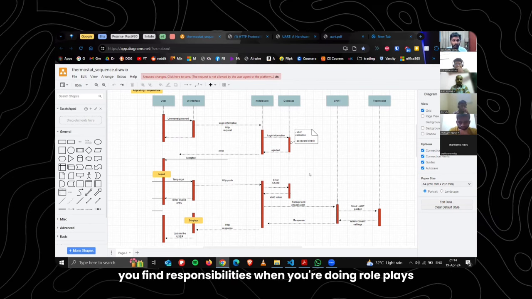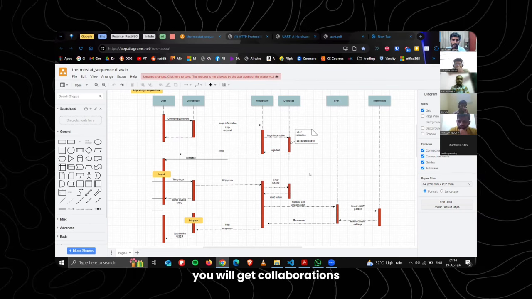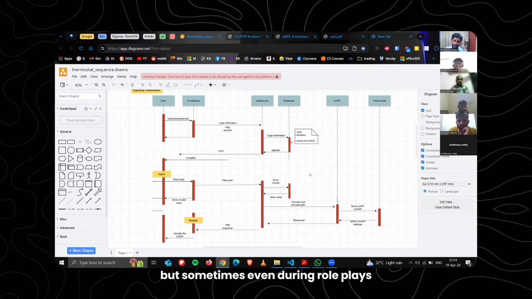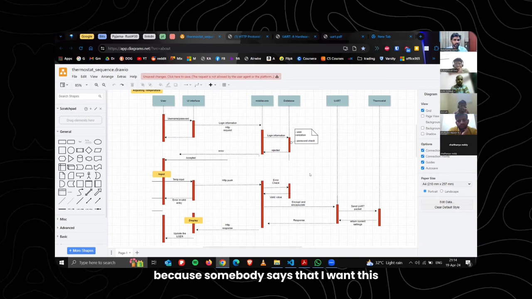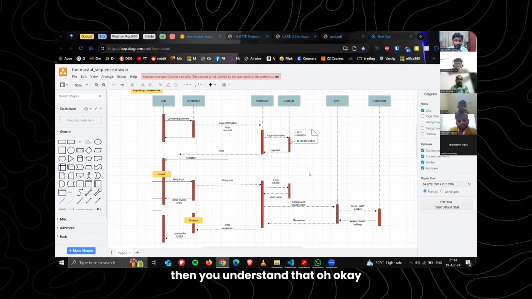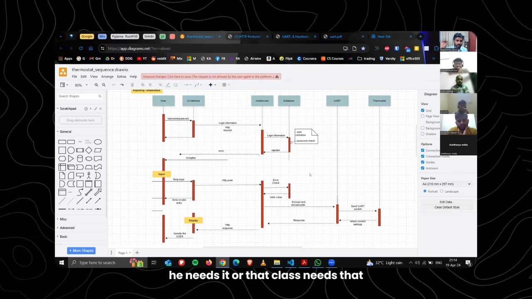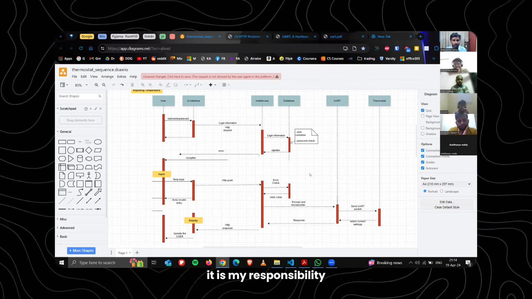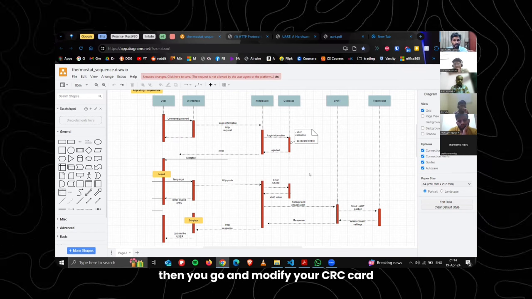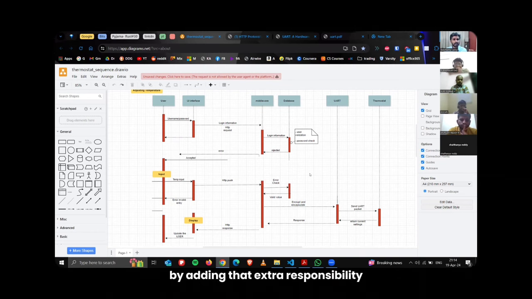When you are doing role plays, you will get collaborations, but sometimes even during role plays, you may figure out some responsibility because somebody says that I want this. Then you understand that, oh, he needs it or that class needs that, but I don't have it. Actually, it is my responsibility. Then you go and modify your CRC card by adding that extra responsibility.